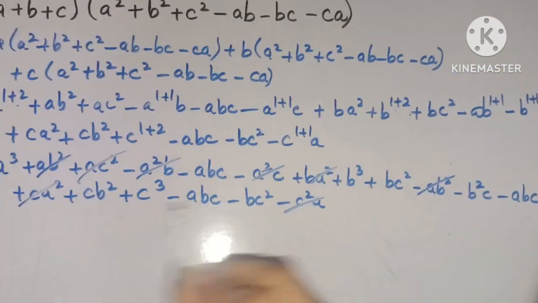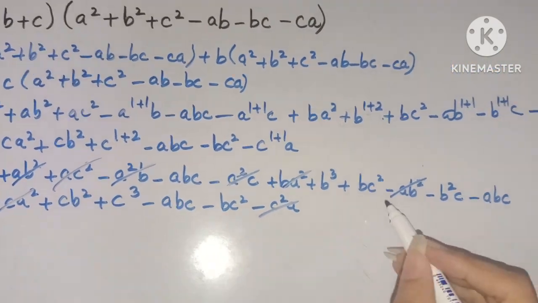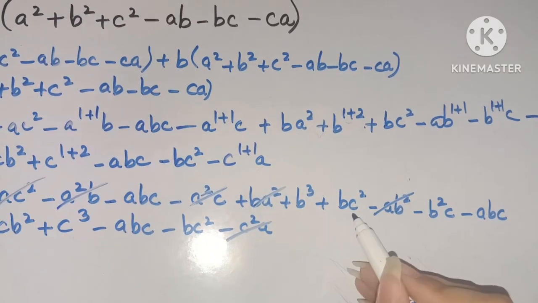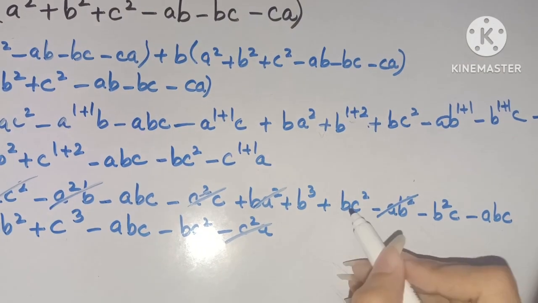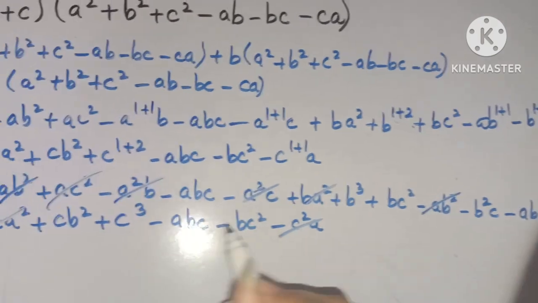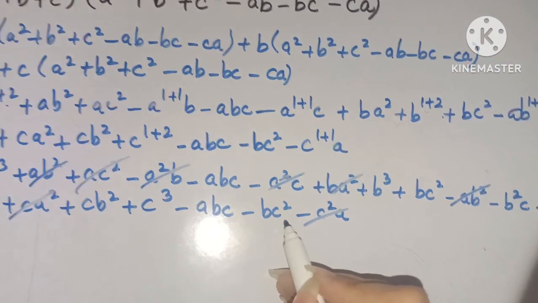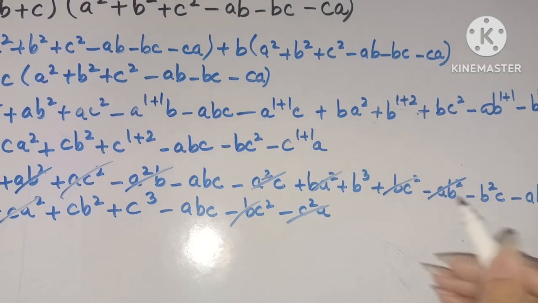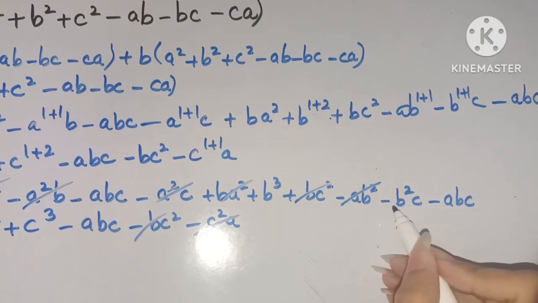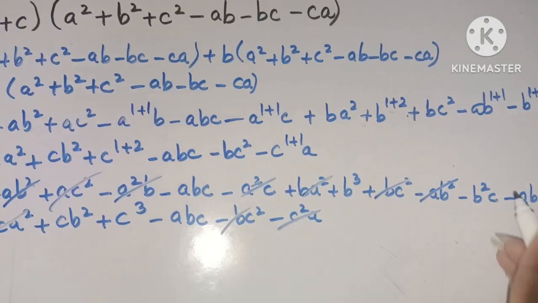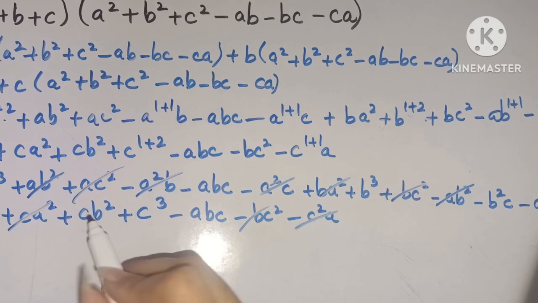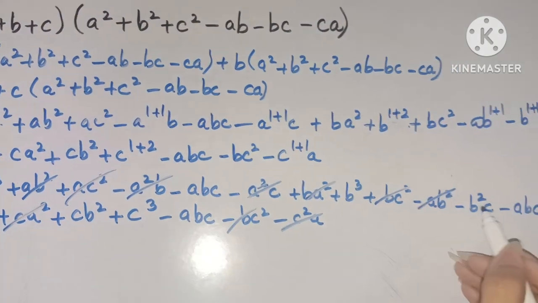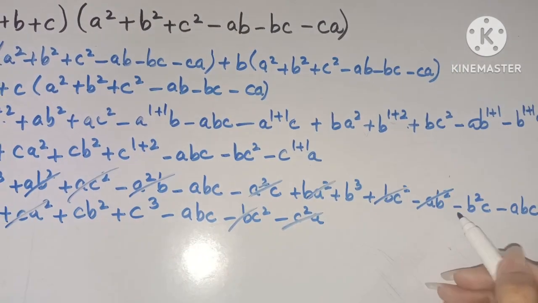Now b cube doesn't have another term of b cube. We are not having another term of b cube, so we can just shift to another term, bc square. It is with the plus sign. Search bc square over here. Here it is bc square with the minus sign, so it will be cancelled with the plus term of bc square. Then we can see minus b square c. Minus b square c will be cancelled with this one, look, here it is b square c. We'll just cancel them out.